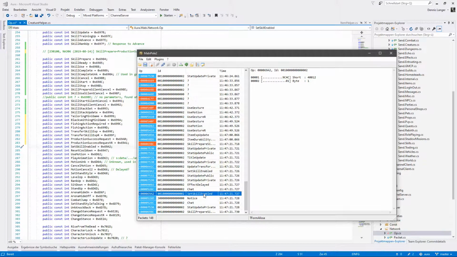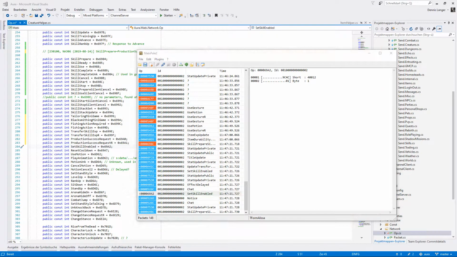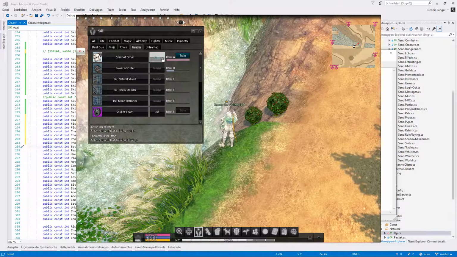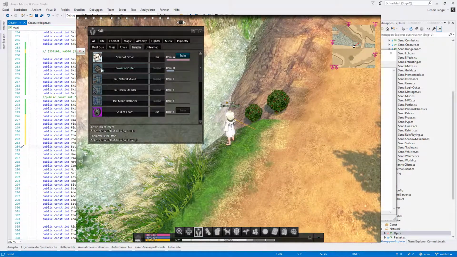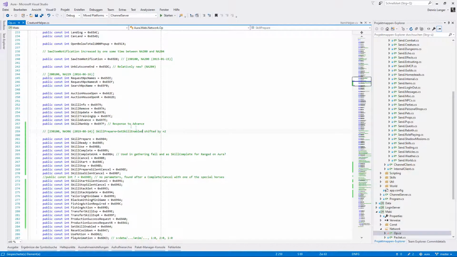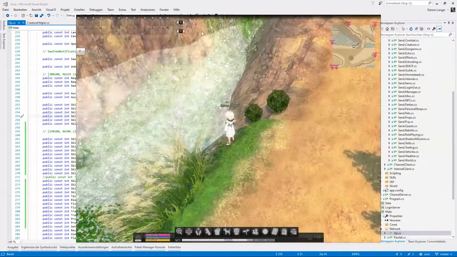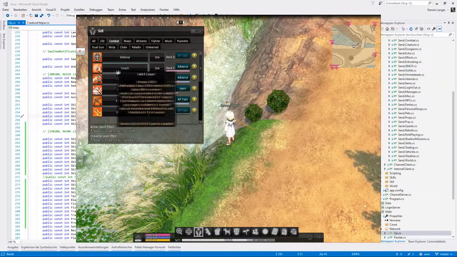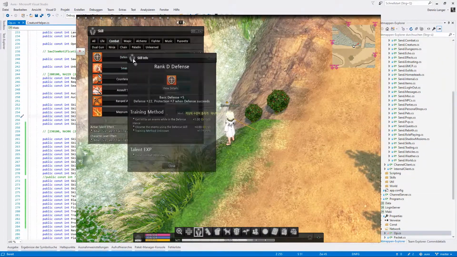It sends skill enabled, but since they aren't enabled, I assume that this one shifted as well. Going back up here, skill training up should be checked as well. So